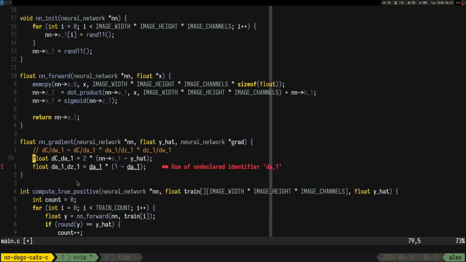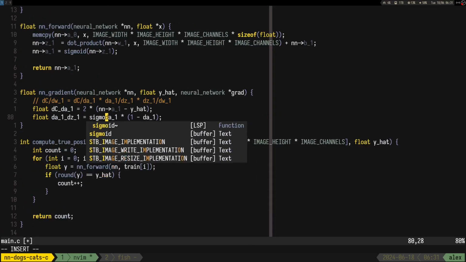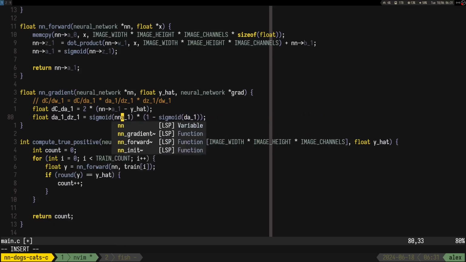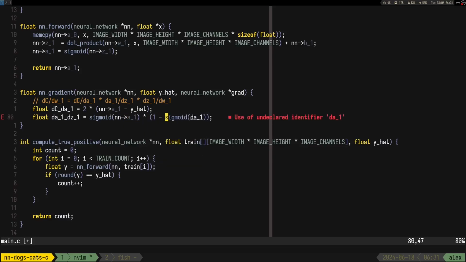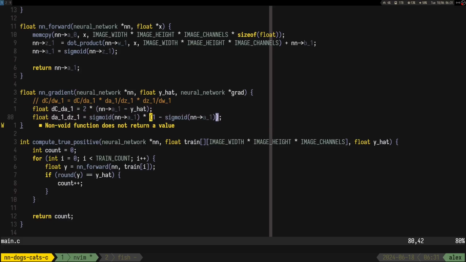So I guess we can actually try that. So it's gonna be sigmoid of z1, and I guess z1 is NN a1, right? So we get that,